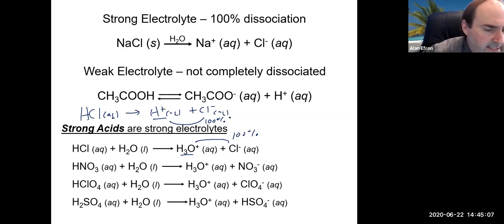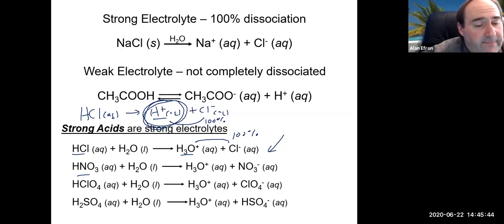So hydrochloric acid, nitric acid, perchloric acid, and I think that's sulfuric acid there. Those are all strong acids. They all 100% in solution are on this side. None of these guys are still together over here. And that's why they're really strong acids, because when these guys go for a swim in the solution, they produce a lot of free H plus. And that's sort of your definition of an acid, is the ability to produce H plus. So all they pretty much need to do is go into the solution. They will generate a lot of H plus really fast and will produce a lot of that and make it